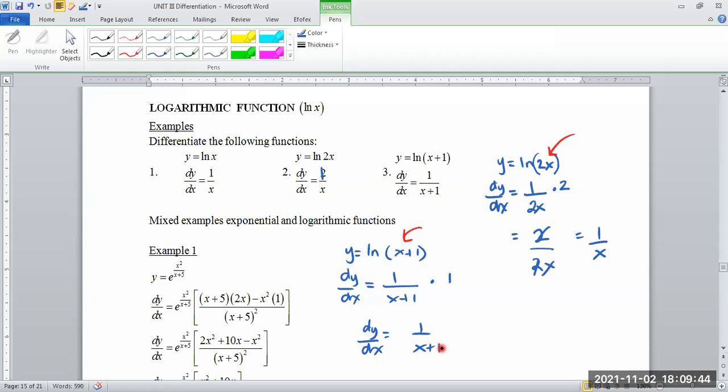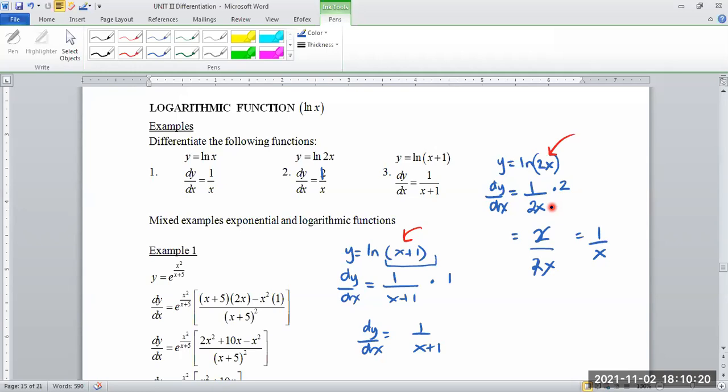So that's what the differential of the logarithmic function is. The differential of ln x is just 1 over x. But remember, if you are given anything more than just x, as in this case, you'll have to differentiate the inside. Just like when you differentiate this 2x you multiply by 2, that's what you end up having to do. The differential of the function ln x is 1 over x every single time. And that's all there is to it.